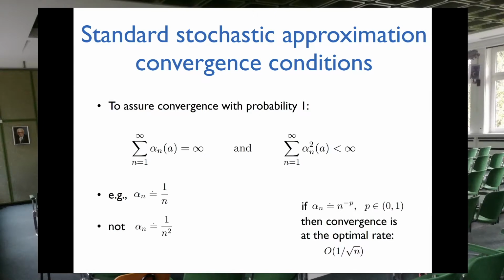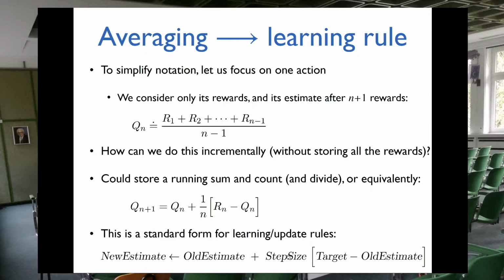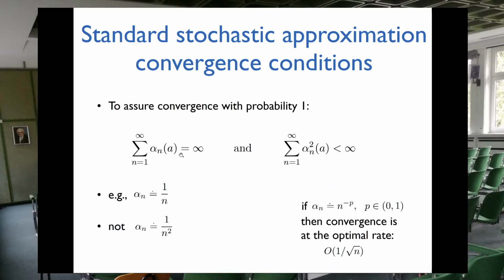Now this way to calculate the Q values, like the average of the rewards, is very good if you are working with a stationary problem. As in the first case, we are assuming that the machine is not changing internally the reward distributions, and it has been proven that if alpha, this step size, if you sum all the alphas from 1 to infinity, it gives you infinity, and if you sum the square of those alphas and you get something less than infinity, then these two conditions will assure you that